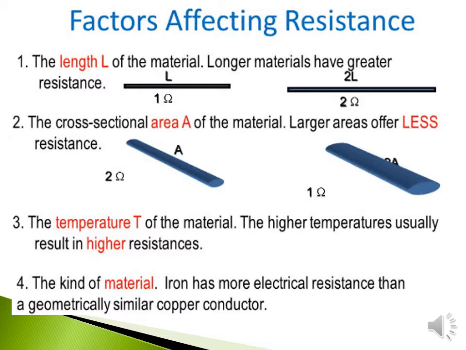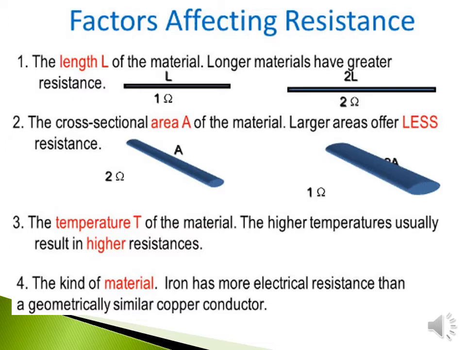We will see one by one. First, nature of the material. The various materials have different numbers of free electrons available for producing current. For example, good conductors like silver and copper have a large quantity of free electrons, due to which they possess high current. However, carbon and nichrome have a smaller number of free electrons than those of copper and silver. Higher the number of free electrons, lesser is the electrical resistance.